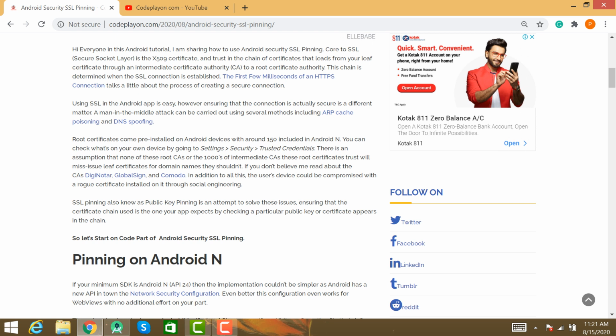So friends, here you can learn how to use SSL pinning in your mobile application in Android.